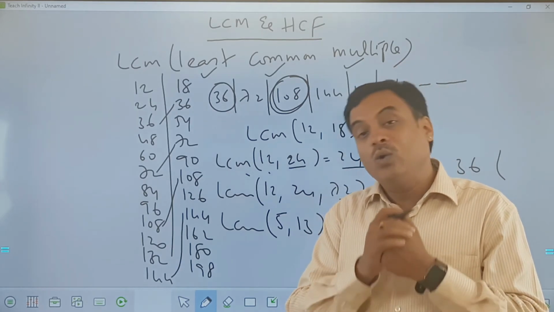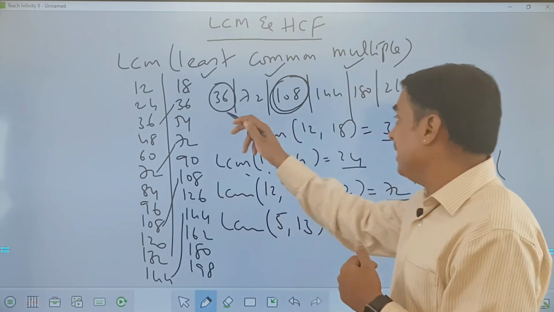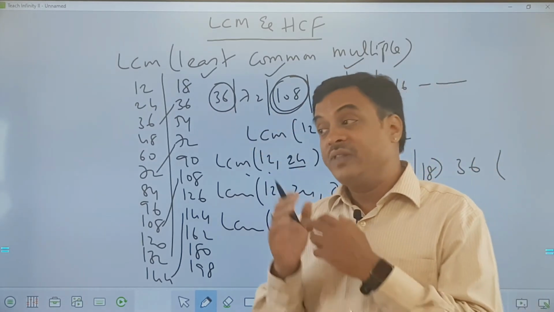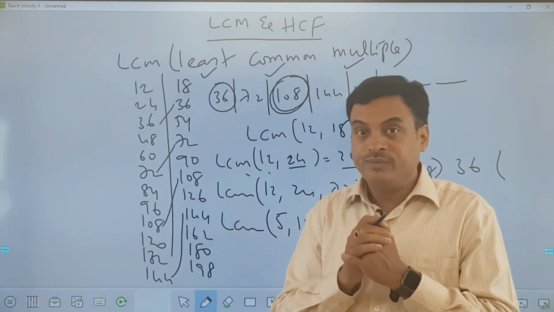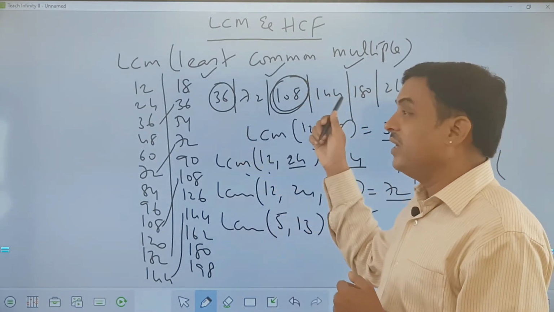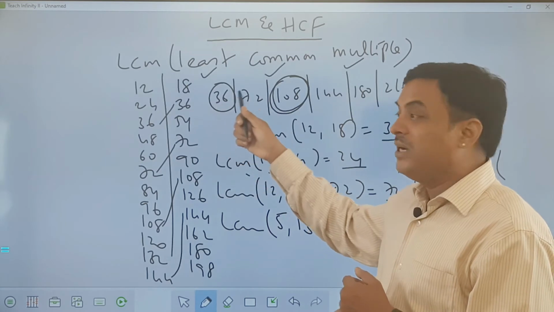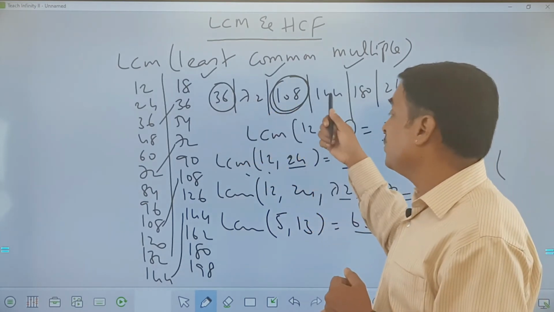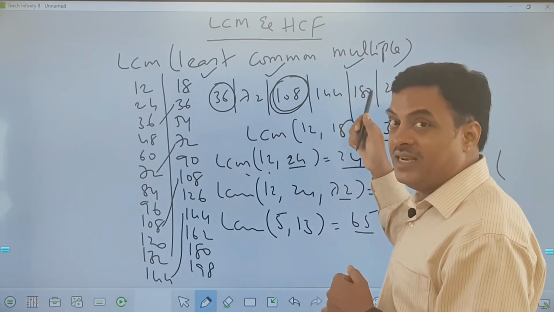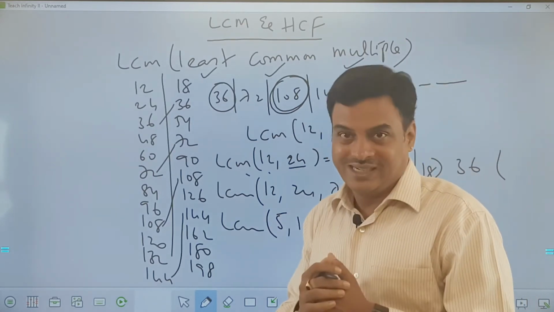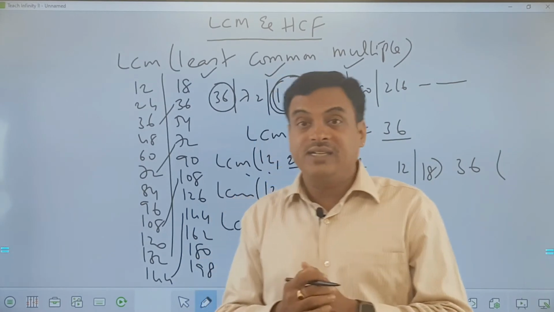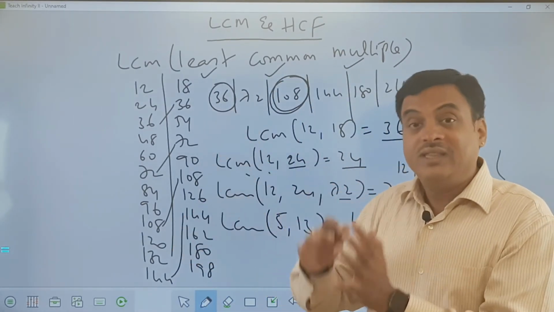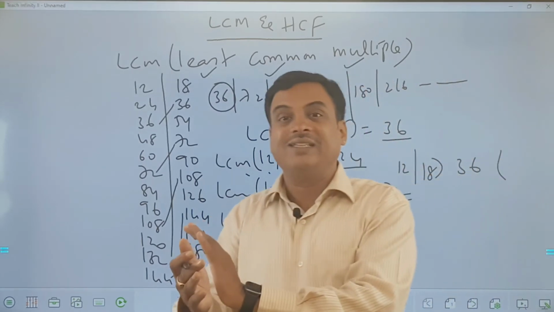Am I right? Now how do I get this? Now there is a list on the board, so maybe you can easily search and get this answer. But in case this list is not available, then what should I do? I should search in the multiples of 36. 36, the next multiple of 36 is 72, next is 108, next one is 144, next one is 180, next one is 216. Okay, so the least 3-digit number has to be a multiple of LCM itself. Only thing is I should ensure that it's a 3-digit number.